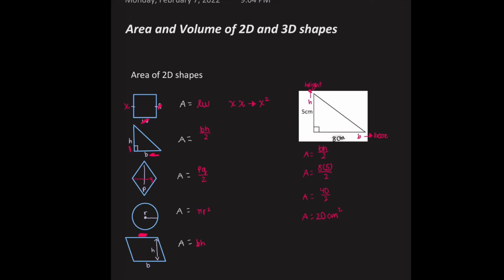Guys, today I'm going to be talking about the area and volume of 2D and 3D shapes. As you can see, I've already completed the different formulas, and I'll be explaining how each is done. So looking at the area of 2D shapes, first we have a square, which is up here, and